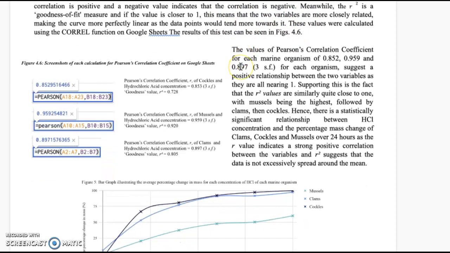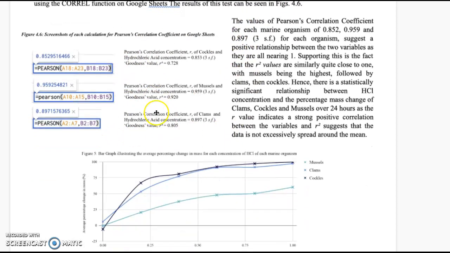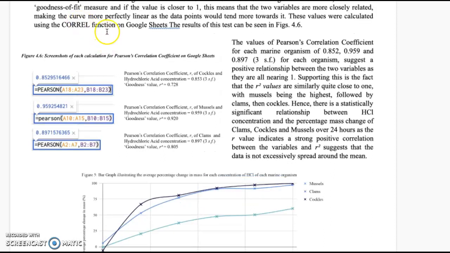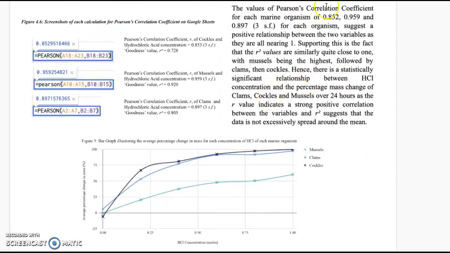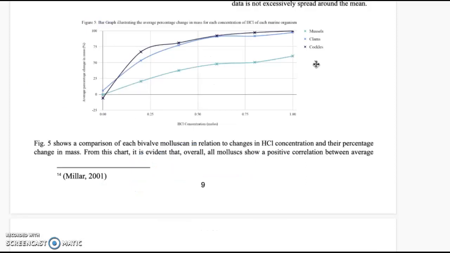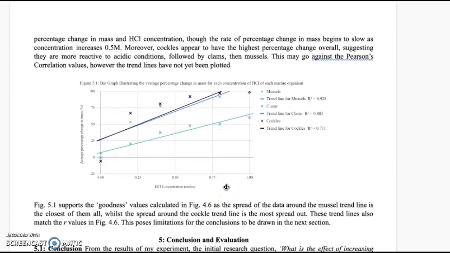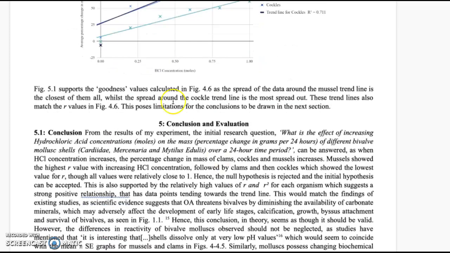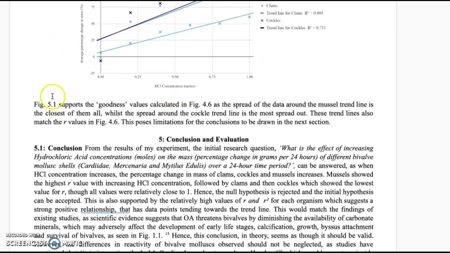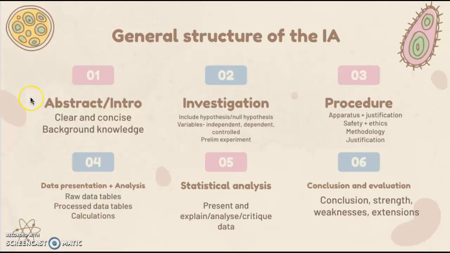why I've decided to use this test, how I've done it using this function on Google Sheets, what the meaning of this is, showing a graph of this information, analyzing that, explaining that. Then finally you have your conclusion and evaluation, which is just the basic conclusions, strengths, weaknesses, and extensions of your